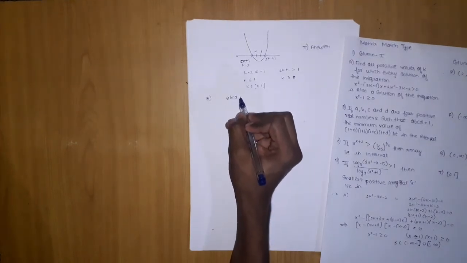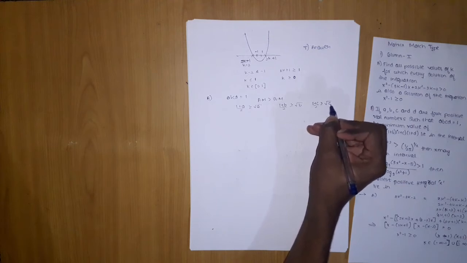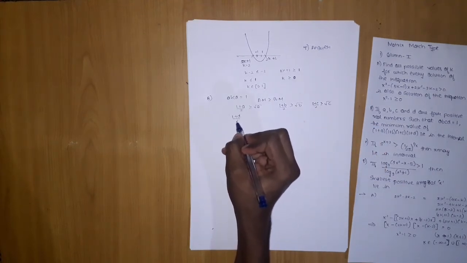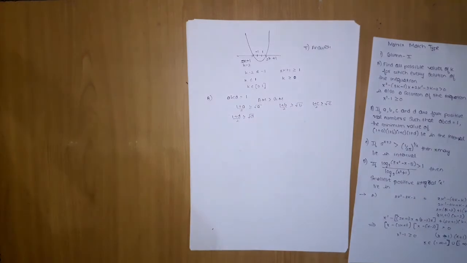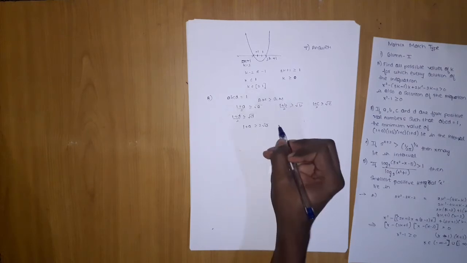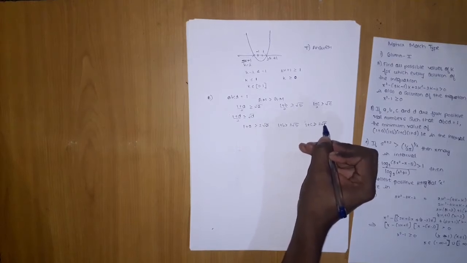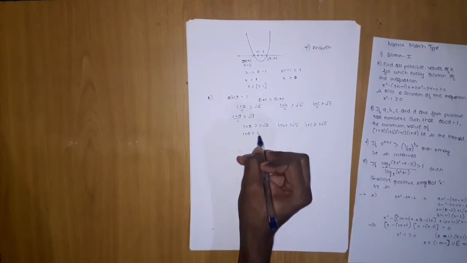First, abcd is equal to 1 given, and we know AM is greater than or equal to GM. Then according to that, (1 plus a) upon 2 should be greater than or equal to under root a. Similar goes for (1 plus b) by 2 should be greater than or equal to under root b, and (1 plus c) by 2 should be greater than or equal to under root c. (1 plus d) by 2 should be greater than or equal to under root d. Okay, moving on ahead, we want 1 plus a, so it will be 2 times under root a, 1 plus b should be 2 times under root b, 1 plus c should be 2 times under root c, and 1 plus d should be 2 times under root d.